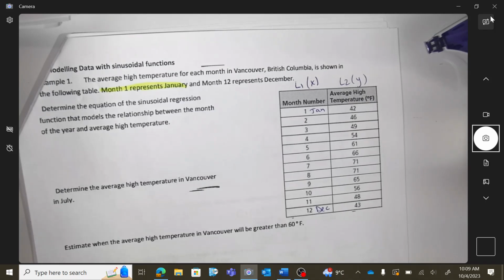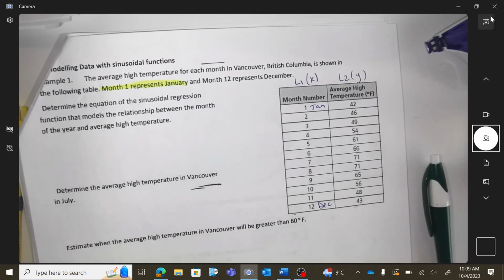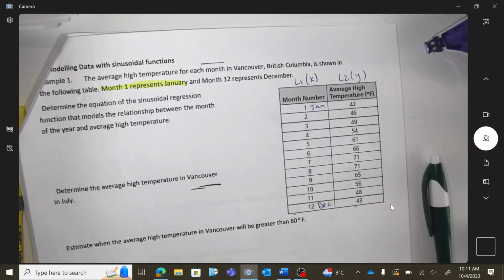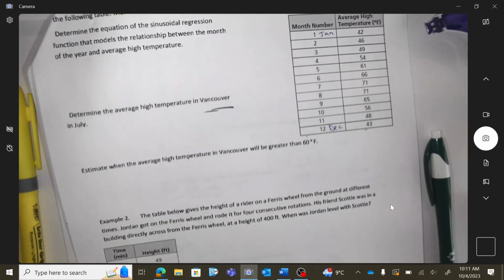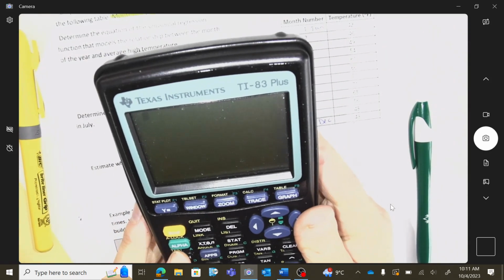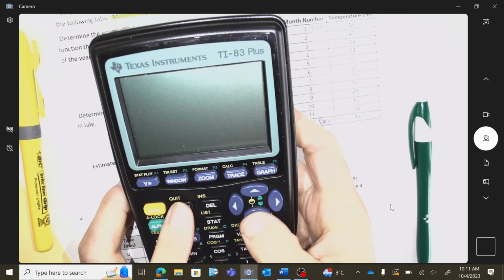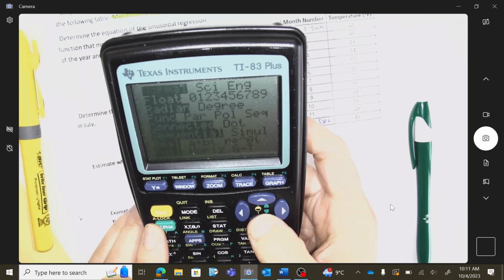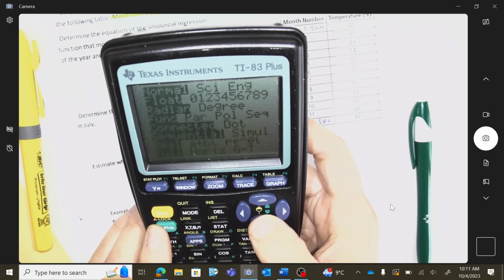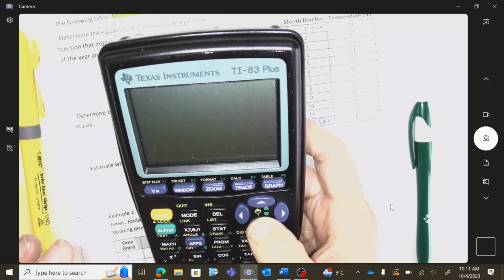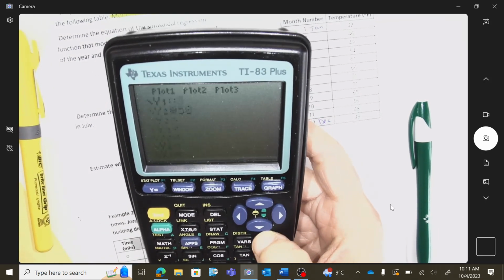Okay, ready? Give me your stat edit and go. Okay. Stat edit. Everyone's good? Before I move on with sinusoidal stuff, I'm going to go to my mode. I'm going to make sure it's in radian mode for these calculator features. Okay, you have to have that radian on. Okay, steps. You know what you're doing? Y equals